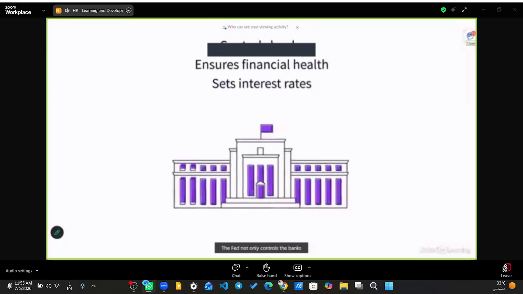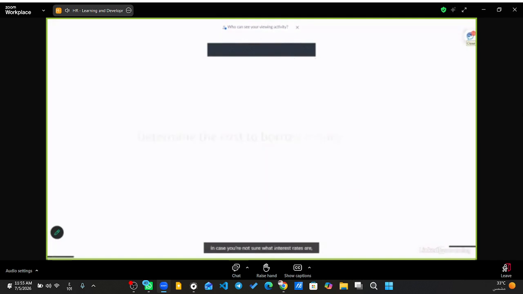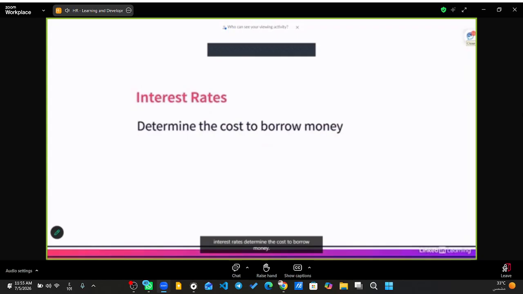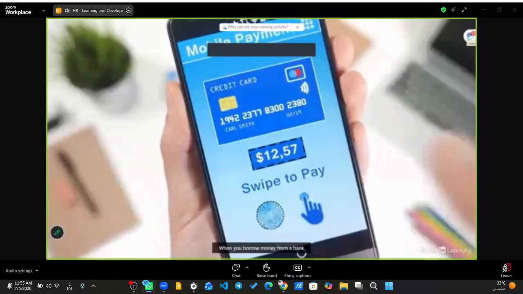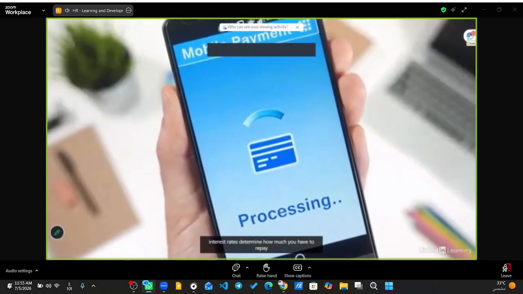The Fed not only controls the banks and ensures the health of the U.S. financial system, but it also sets interest rates, which help determine the level of economic growth, inflation, and unemployment across the country. In case you're not sure what interest rates are, interest rates determine the cost to borrow money. When you borrow money from a bank or use a credit card, interest rates determine how much you have to